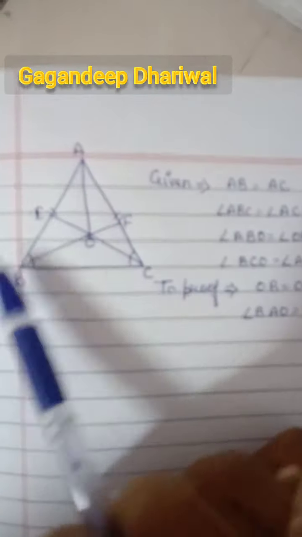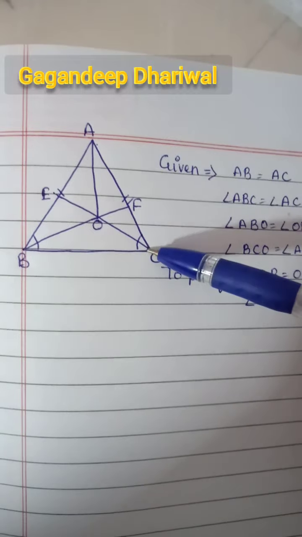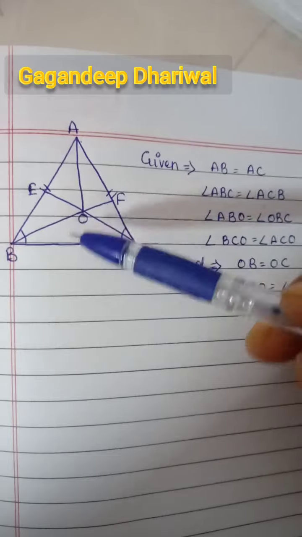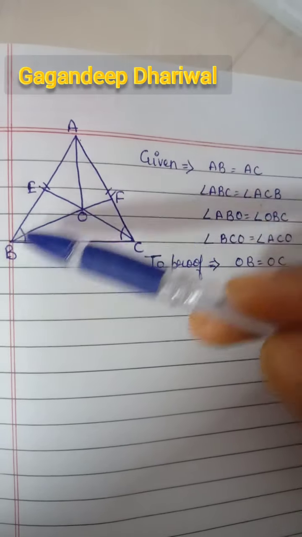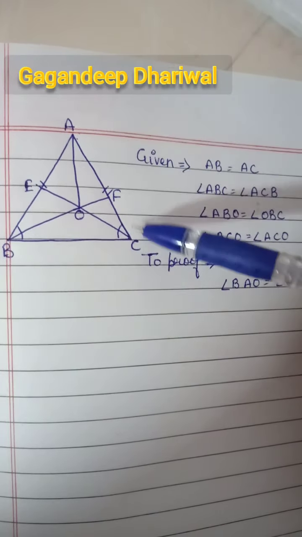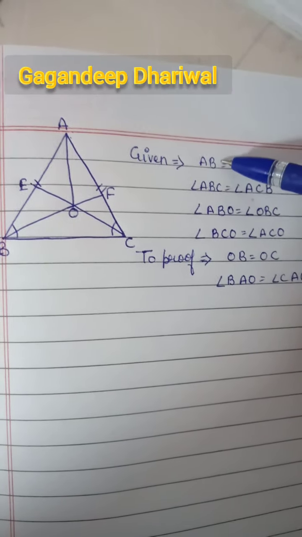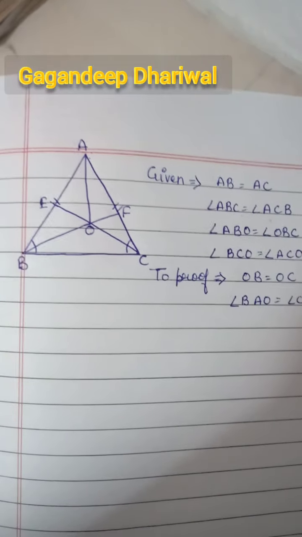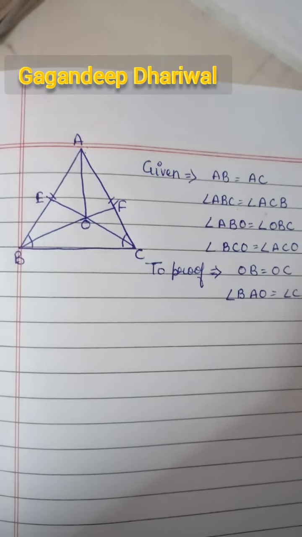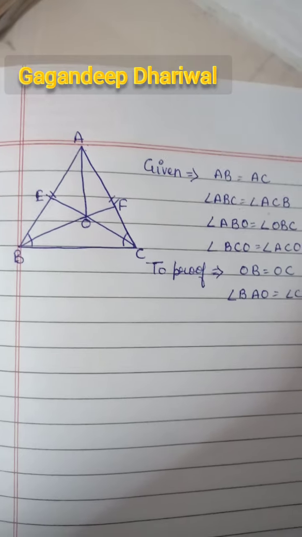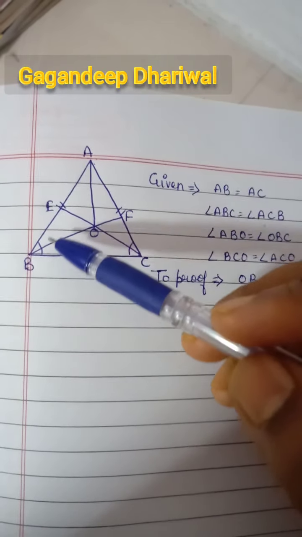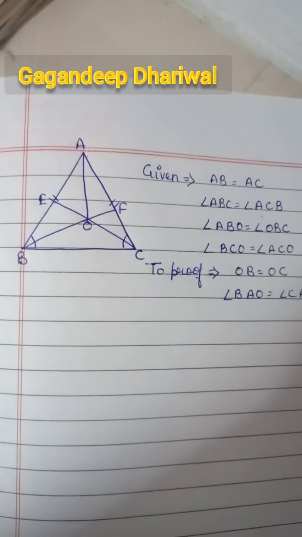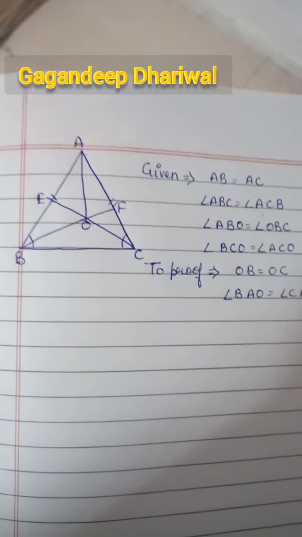Okay, now look at this. This is the figure which is to be made. ABC, this is your isosceles triangle. As this is an isosceles triangle, it means AB is equal to AC, and this entire angle ABC is equal to angle ACB. These two things are given as properties of an isosceles triangle. And the second thing given in the question is that the bisectors of angle B and angle C intersect at O. Bisector means this is equal to this one and this one is equal to this one. Again, these two things are given in the question.